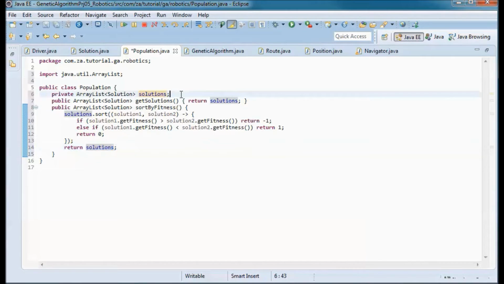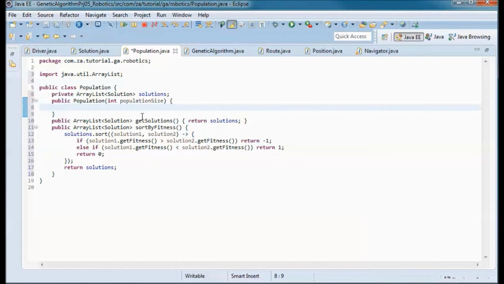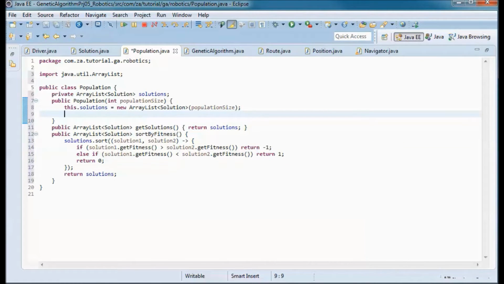And I will have a constructor that takes in a population size, and based on that we will instantiate an array list of solutions, populated with new random solutions.